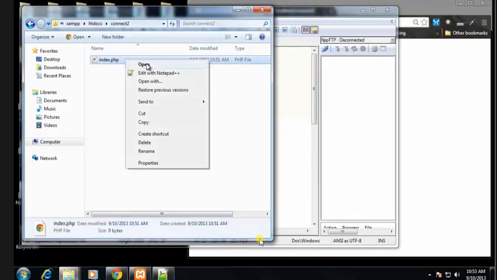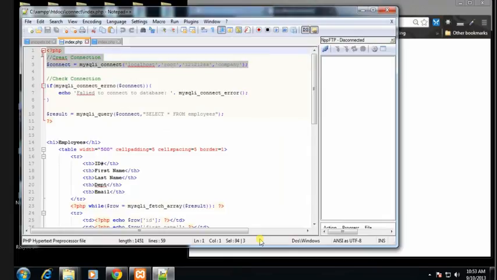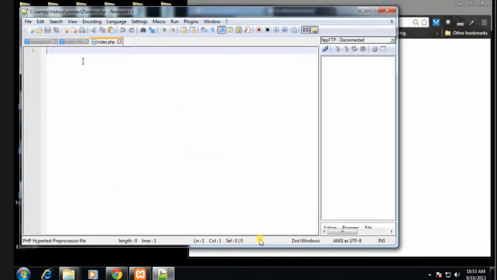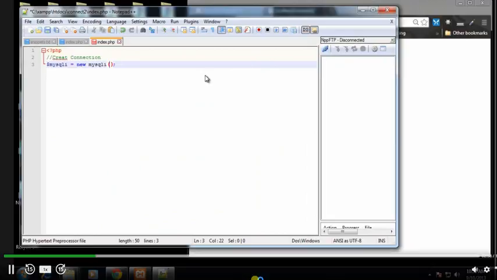So let's open this up, and the first thing we're going to do, let's grab this first line of our procedural type file, and to make this object oriented we are going to say mysqli equals, let's just get rid of that completely, new. So we're creating a new object, mysqli. So we're creating a new MySQLi object, and in here is where we want to put our parameters,